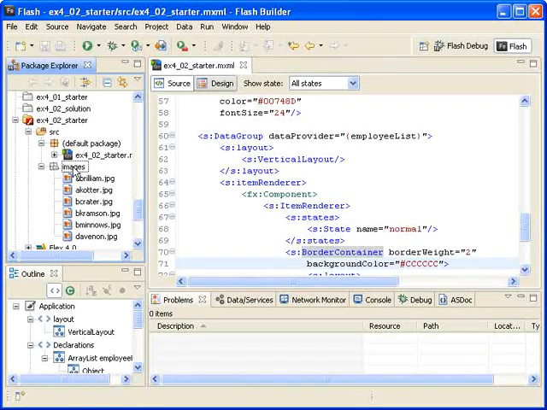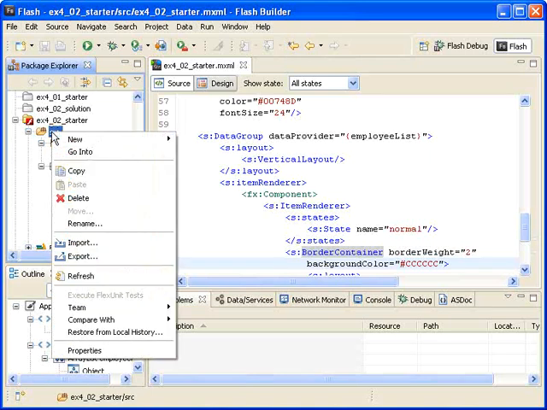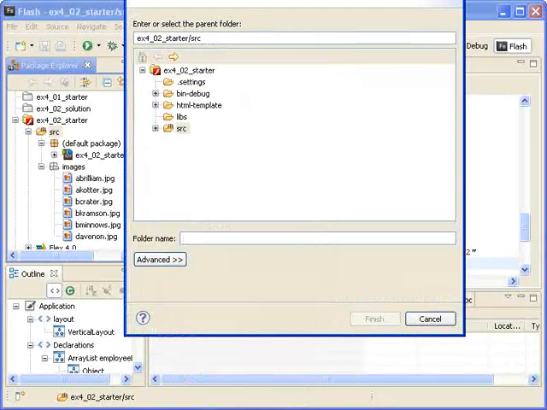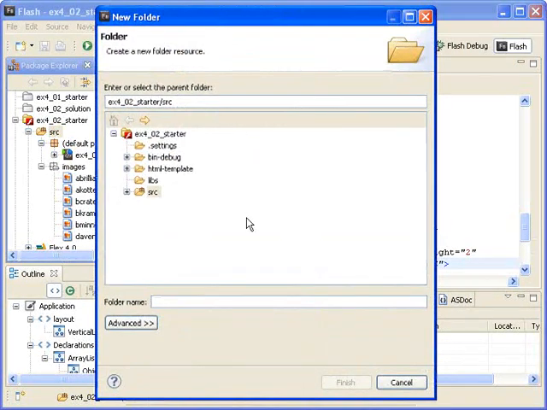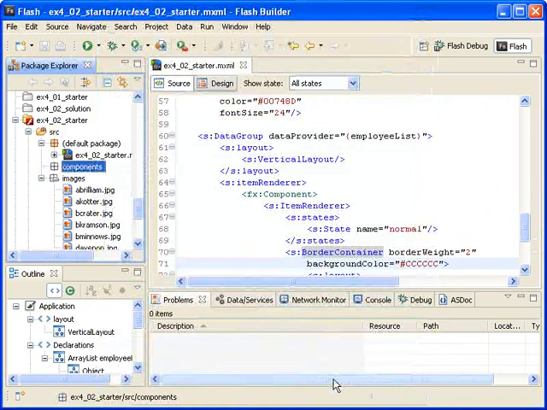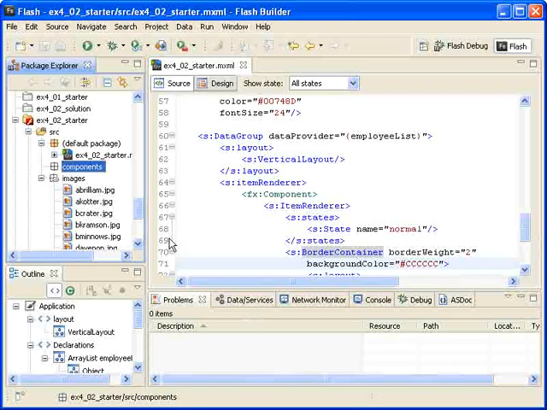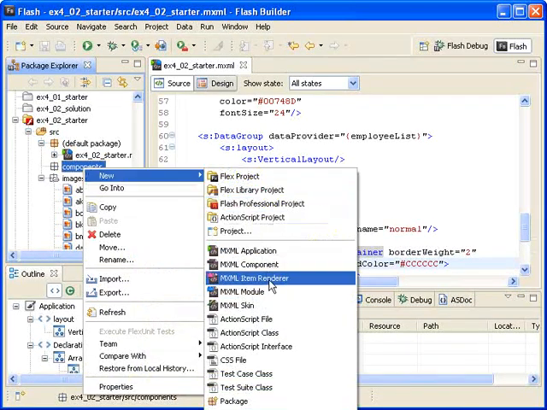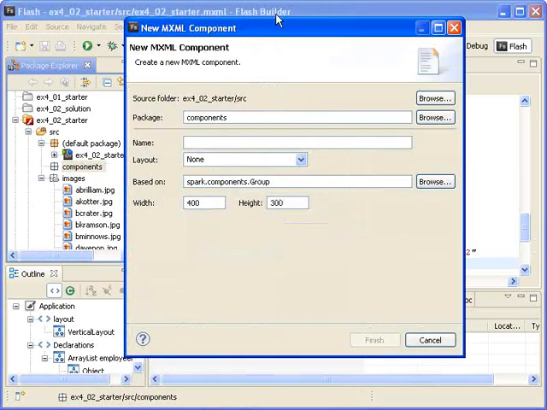By convention for this training series, I am storing my component files in a components directory. I am right-clicking on the source folder for this project and selecting New Folder. I am naming the folder Components and then clicking Finish. Next, I need to create the new component class file by right-clicking on the Components folder and selecting New MXML component. The name of the renderer class is